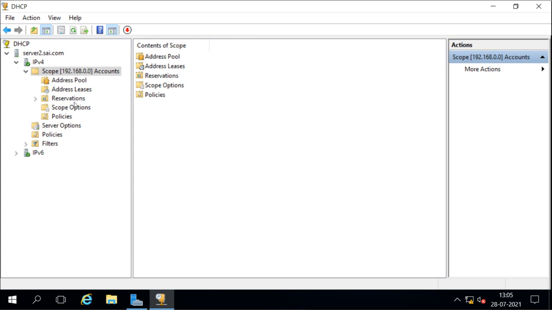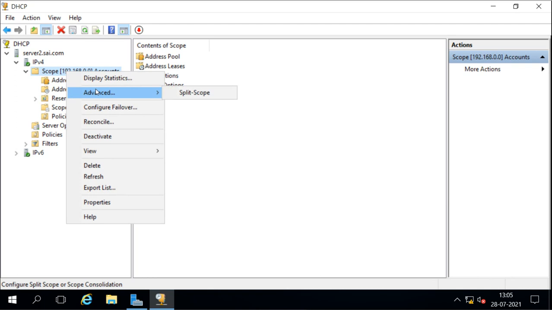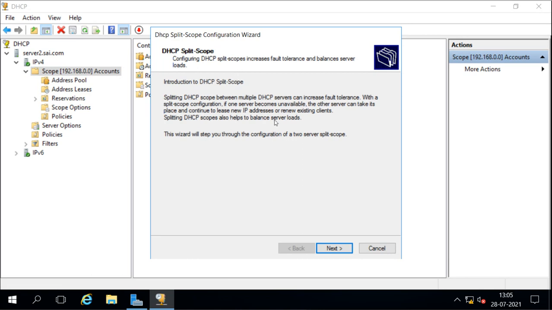On the scope which we want to split, right click, and in Advanced we have the option, Split the Scope. So when you split the scope, that scope will be split into two, and you will decide which is the other server which is going to hold the other part. When you select this, it opens this wizard to split the scope.